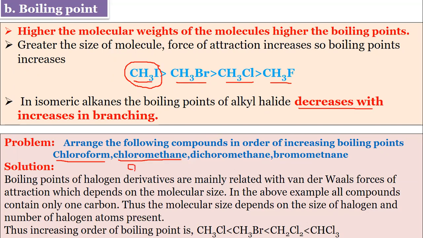CHCl3. Chloromethane, CH3Cl. It is also called methyl chloride. Then dichloromethane is CH2Cl2. Dichloromethane means there are two chlorines, CH2Cl2. And this is bromomethane, meaning CH3Br. So we have to arrange